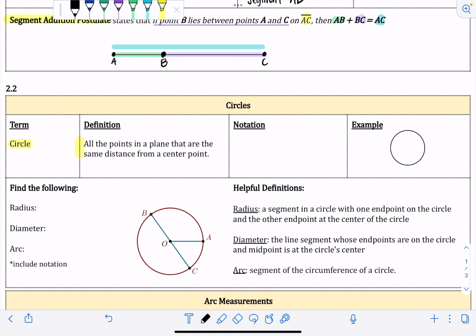So I have my circle, and every circle has a center. And if we read back through the definition, it says all the points in a plane that are the same distance from the center point. So all of these points around here are the same distance from that center point, and that's what makes a circle. So one thing about a circle is it has a center, and we need to name the center, and